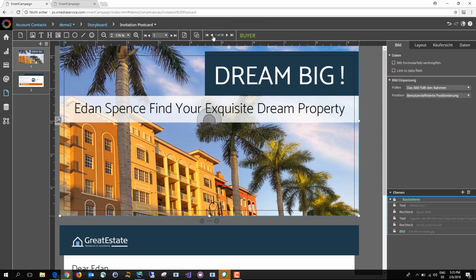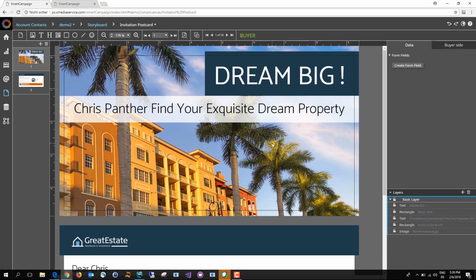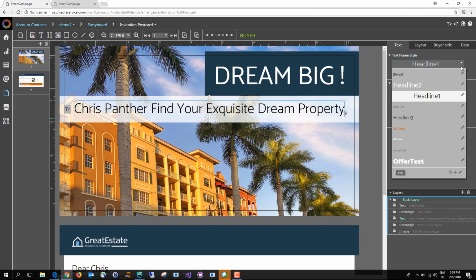And we got a preview, of course, to go through the records and directly see how it will populate. And what you see here is, for example, that the size of the text gets smaller when the text gets longer. Some of the very powerful tools in the VDP print designer here are, for example, not only the sizing of the text, the automatically shrink and grow that we see here, but also the frame styles